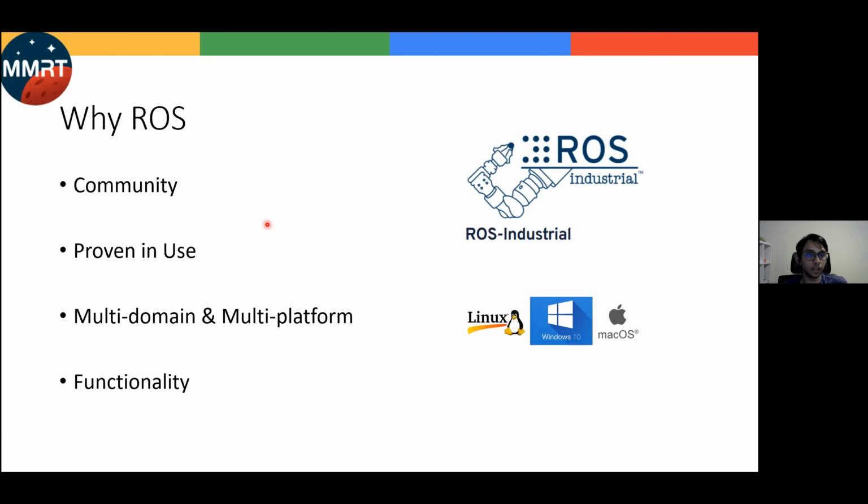It's also multi-domain and multi-platform. So if you look at the install instructions, you might have noticed that you can install it on Linux, you can install it on Windows 10. You can also install it on Mac OS, although you won't have all the functionality. So it is multi-platform. You can use it on a variety of operating systems and hardware,